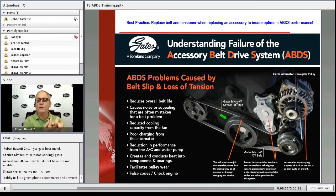And that friction or wedging force is created by the tension placed on it by the tensioner. If either one of these products fails, it allows that belt to slip. And if the belt's slipping through the pulley, it can only do one thing, and that's to make noise. So as we begin to understand, as the belt slips now, it's creating a tremendous amount of heat. And that heat goes right into the bearings of the